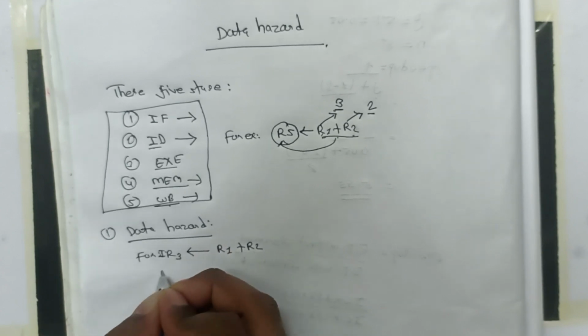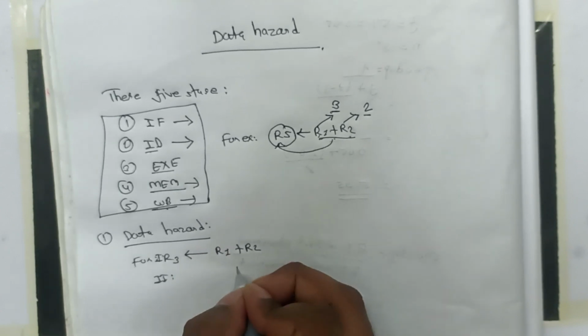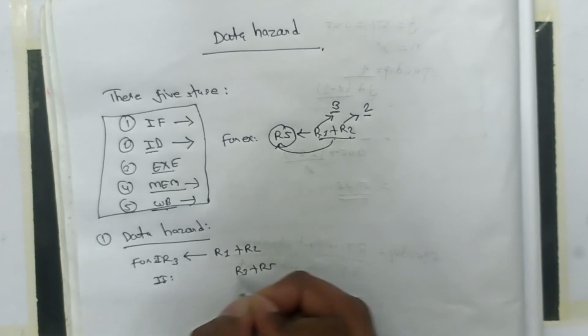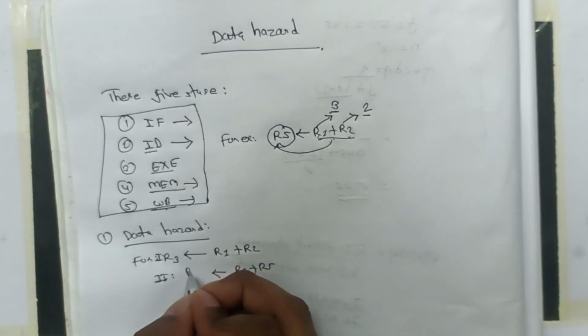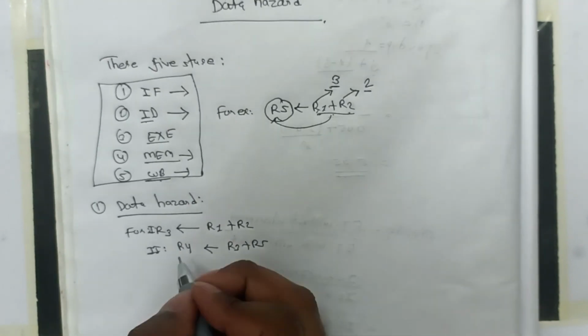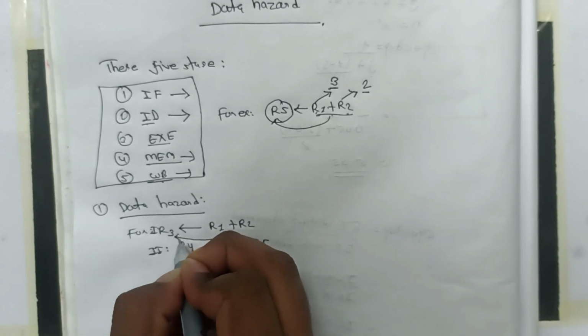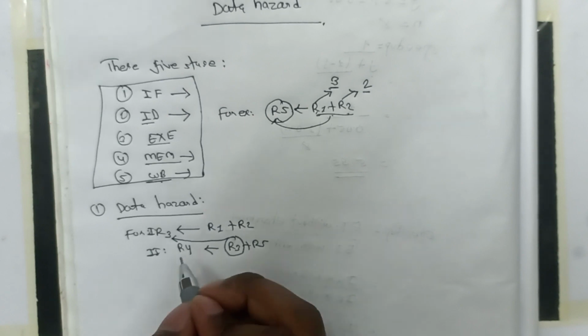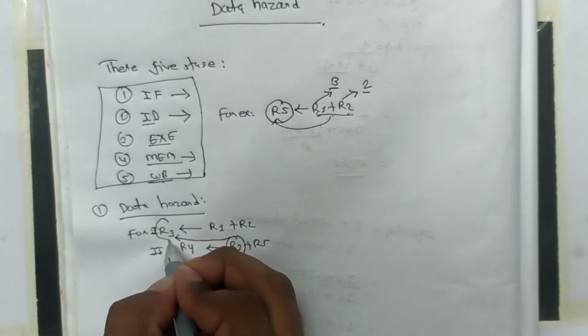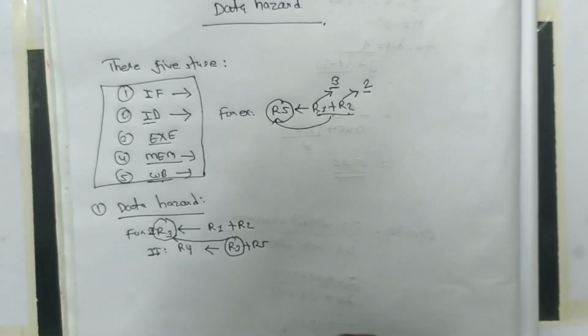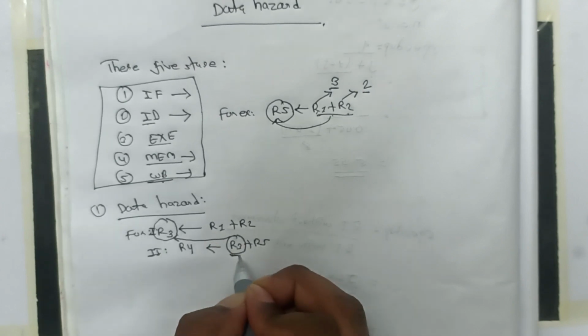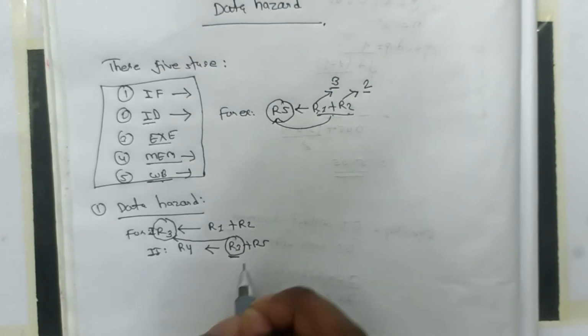Instruction 2: R3 plus R5 is stored in R4. You can see that this R3 is dependent upon this R3. Until we get the value of R3 from instruction 1, we cannot use the value of R3 in instruction 2. That is called